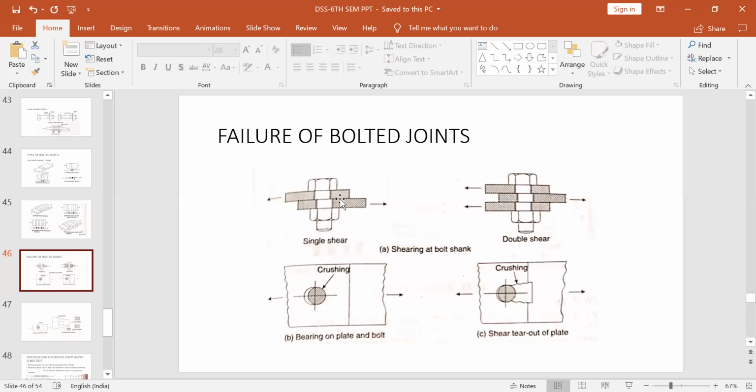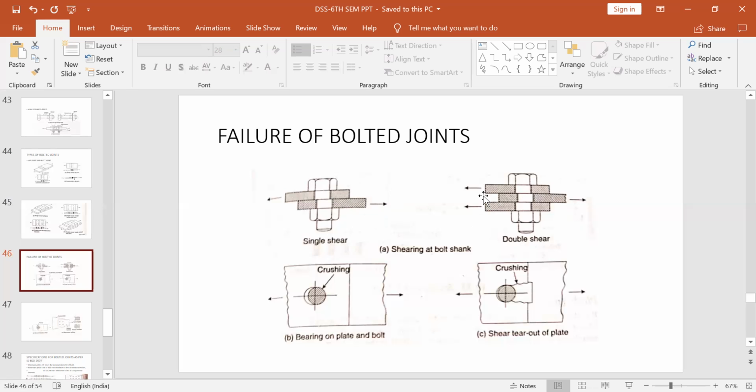Now, every bolt will have a certain shear capacity; we'll understand how to find the shear capacity of a bolt in the subsequent topics. Whenever the shear stress generated due to slipping exceeds the nominal shear capacity of the bolt, this bolt will fail in shear like this. This is only one plate, so single shear. In double shear, two cover plates are provided, and like this the shank is displaced. In these two cases the bolt is being sheared. The failure of the bolt is occurring by shearing action. It is called shearing failure.